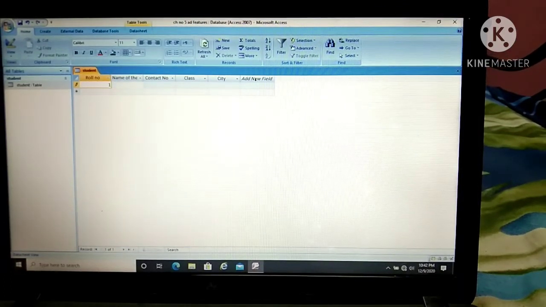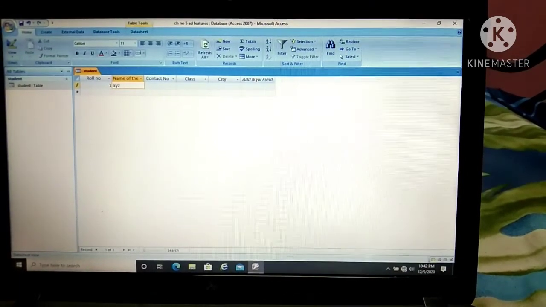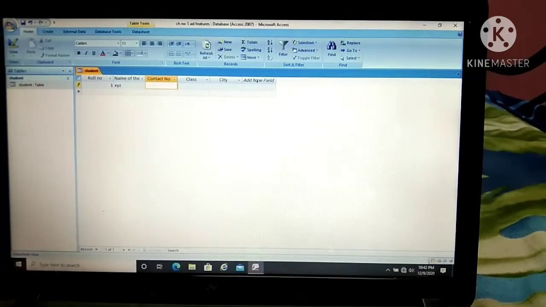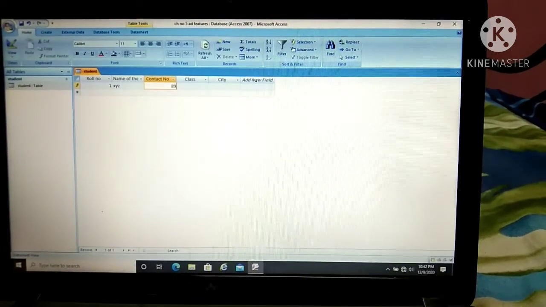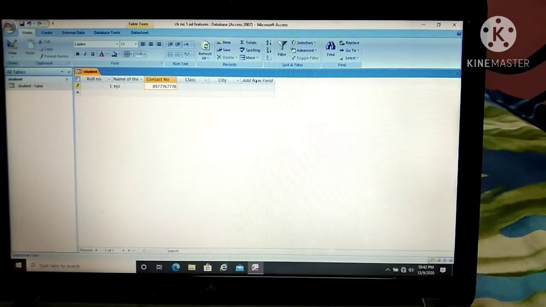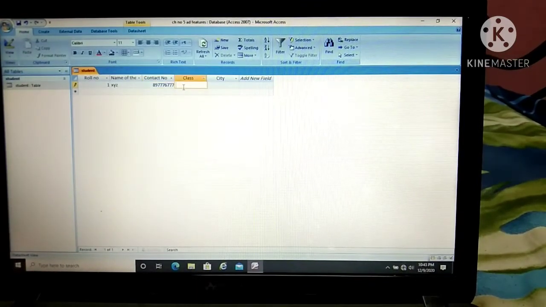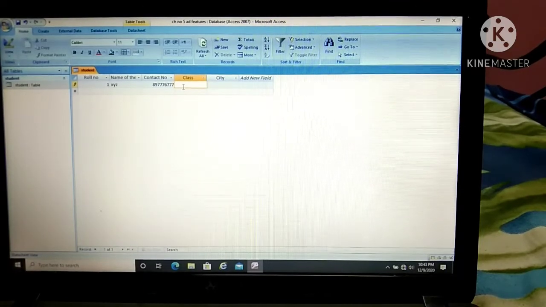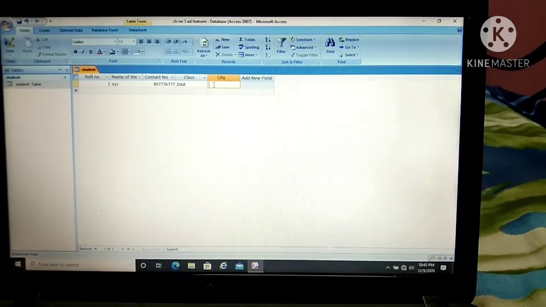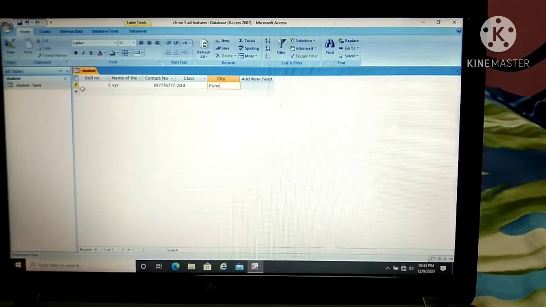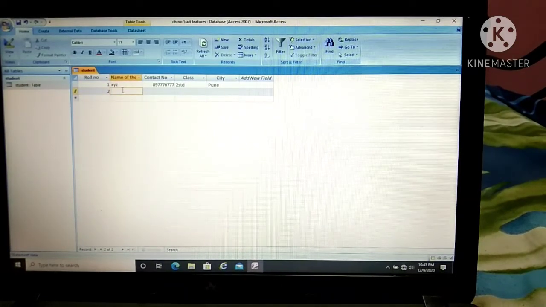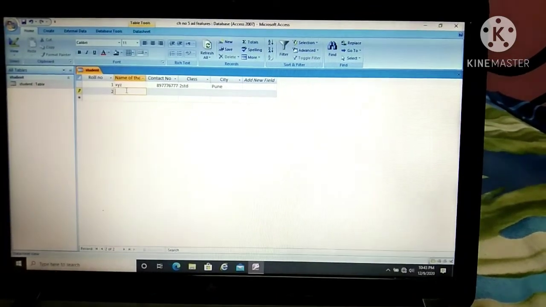Okay, now I'll enter some of the records in this. So one, name, I'll give any random data here, XYZ, contact number. This also, I will give any random data here. Then click on the next. Here class is there, so I can use the second standard. Okay, city, whichever you want to place, just type it. Okay, now the next, again type any random name here.